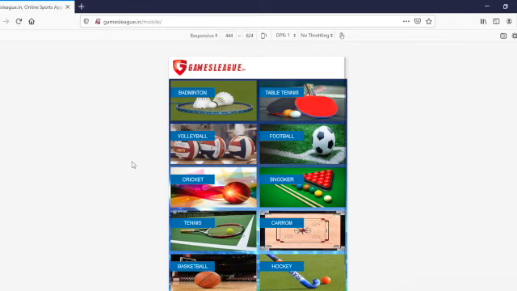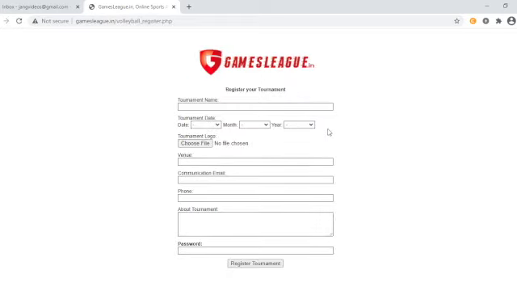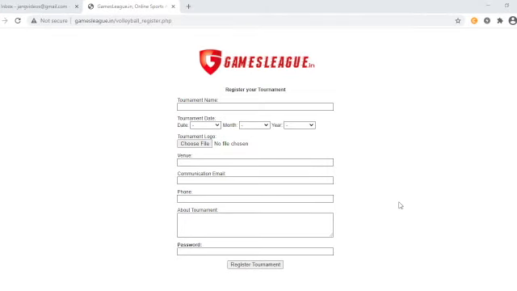So let's go and register a tournament first. Here you can see a link, register your volleyball tournament free. Everything here is free, so you can register your tournament, get all the information, and do your tournament online with live scoring through GamesLeague. So let's go and register. Okay, now we start our